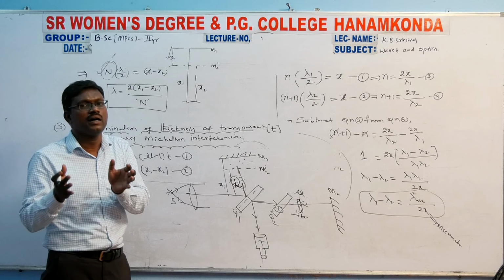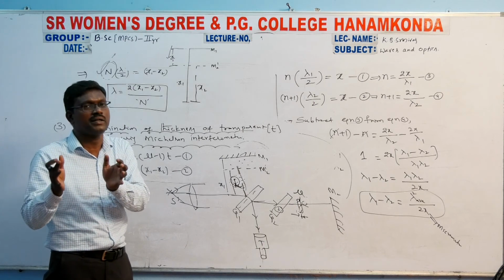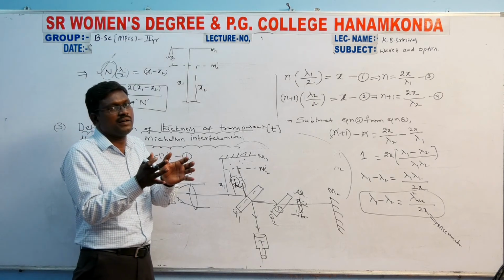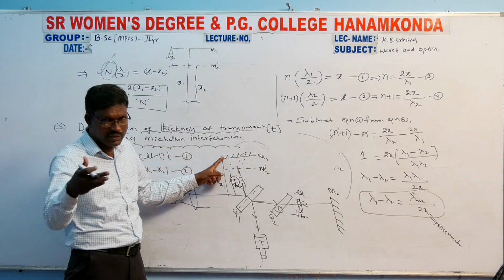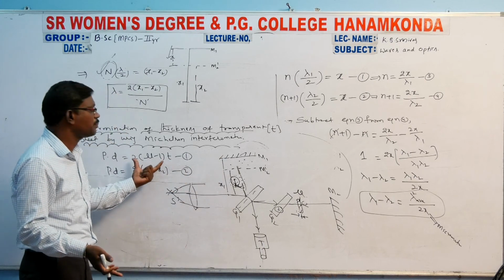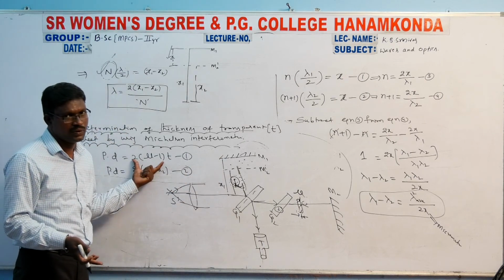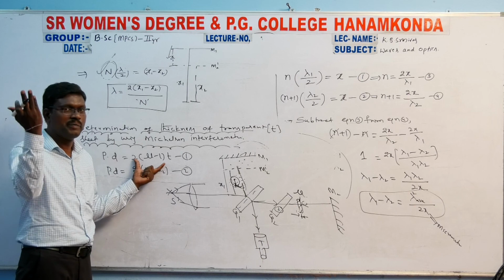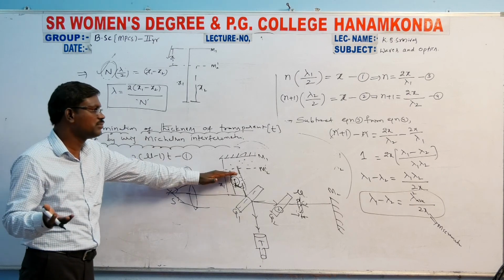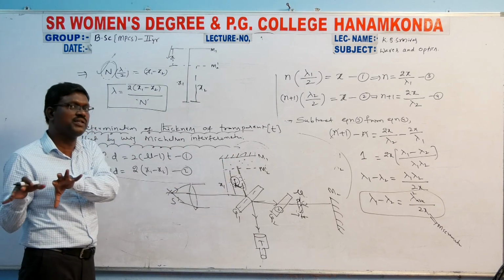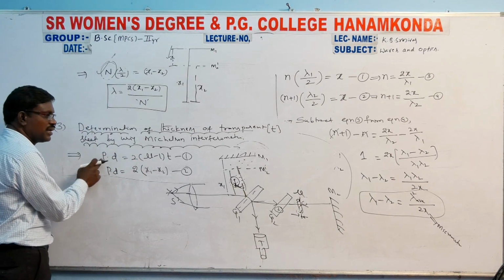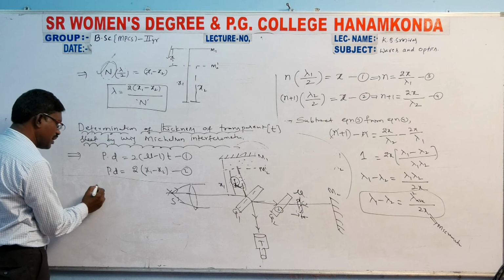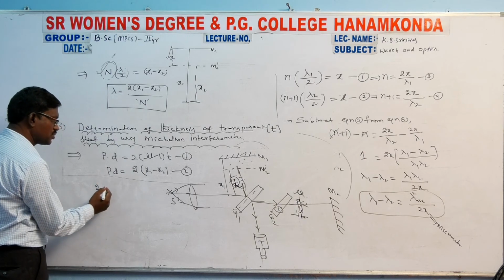Finally, I have kept the fringe pattern at the center of the field of view. So the distance covered by M1 is definitely equal to the path difference between the two rays. Due to this path difference, the fringe pattern is disturbed. Due to the movement of the M1 mirror, the fringe pattern is again kept at the center of the field of view. So these LHS are equal, you can equate the RHS of these two equations.